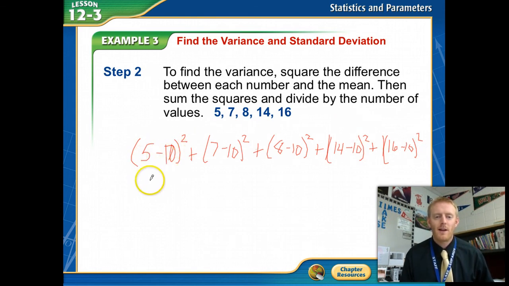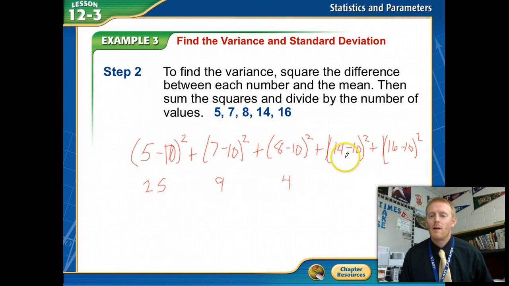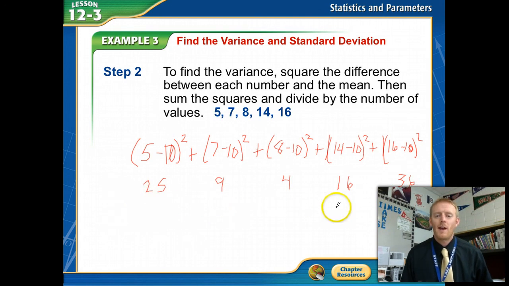So 5 minus 10 is -5. -5 squared is 25. 7 minus 10 is -3. -3 squared is 9. -2 squared is 4. 4 squared is 16. That's a 10, so this is a 6 squared, which is 36. I'm going to add up all of these numbers and divide by 1, 2, 3, 4, 5. So when I add them up,